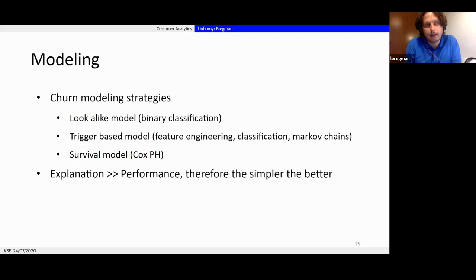That's why binary classification works well when you can know exactly if a client churned or didn't churn. For example, telco. If it's a postpaid telco, you have a contract, so it's easy to understand if a customer has churned or not, if he is still alive and so on.